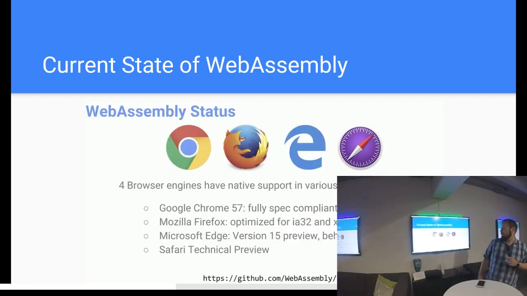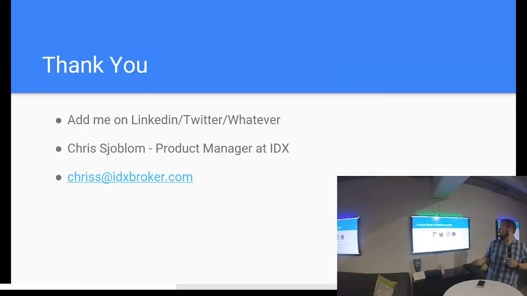So the current state of WebAssembly is it's supported by all 4 browsers. Some of them are behind flags, Chrome specifically. I think they actually changed that recently because we did a couple tests and it was just on by default. I did not know Safari had a technical preview with it enabled, but Mozilla is really the one that's kind of dragged it out and kept it going. So obviously Firefox has support and Edge has support as well.